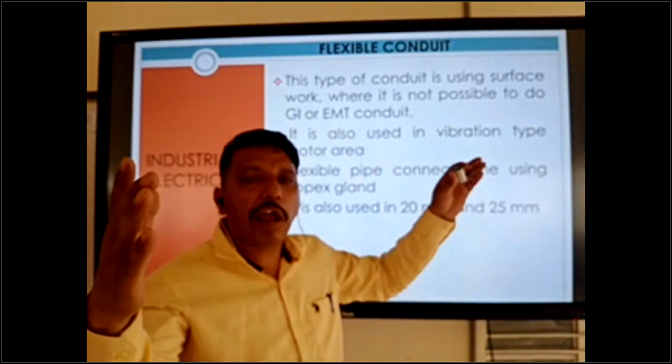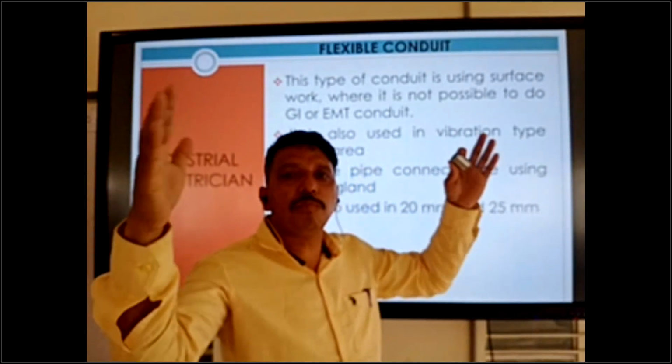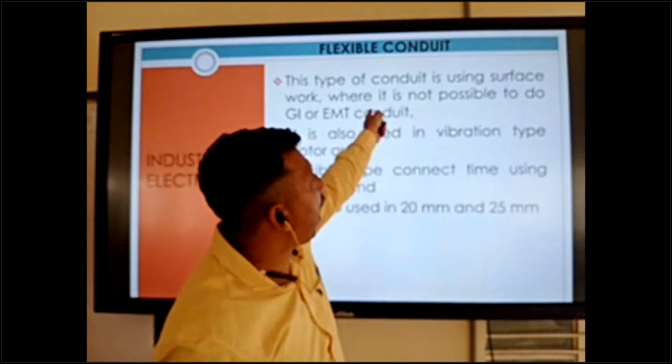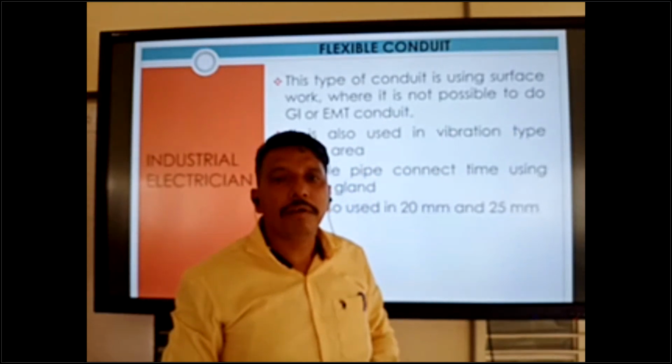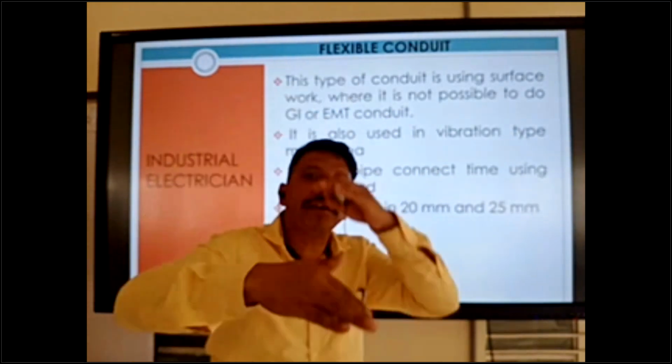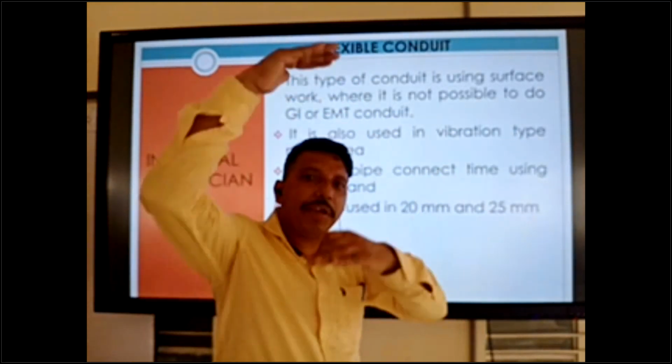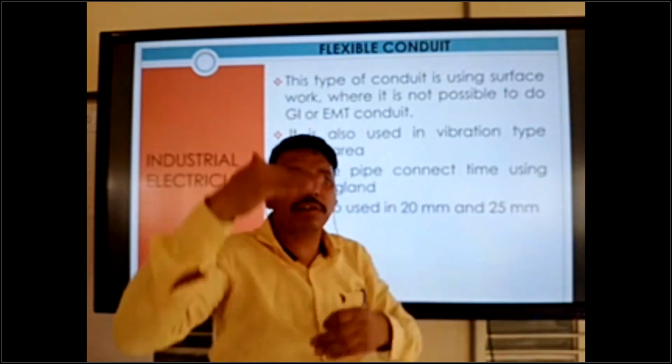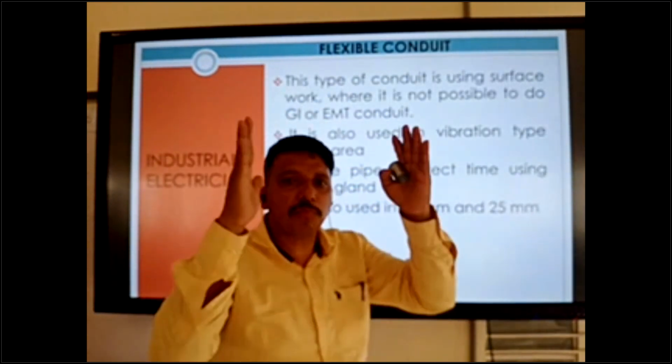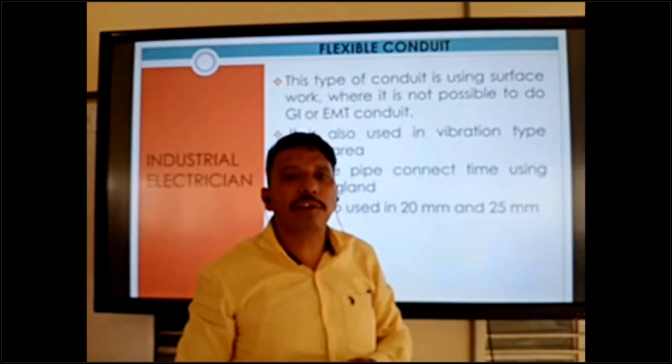Then after that you can fix a small piece of flexible metallic pipe, because when the motor is running, vibration comes down and up. So this small piece we can join with the flexible conduit.